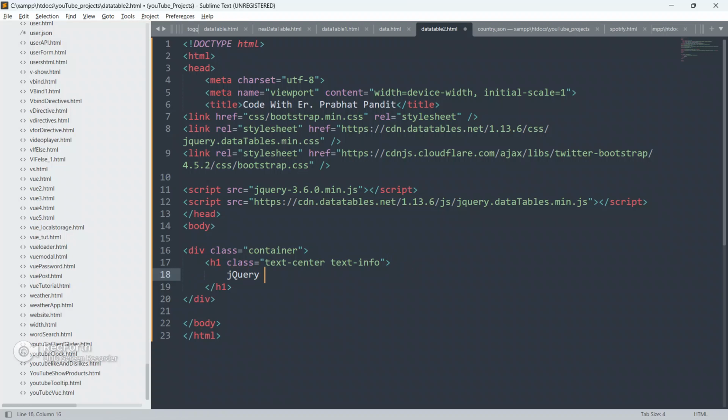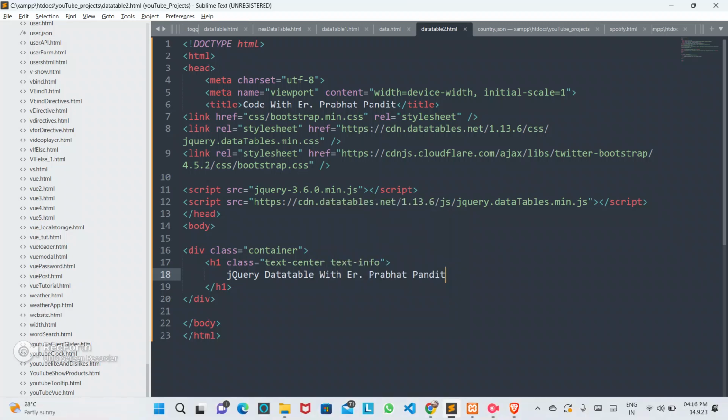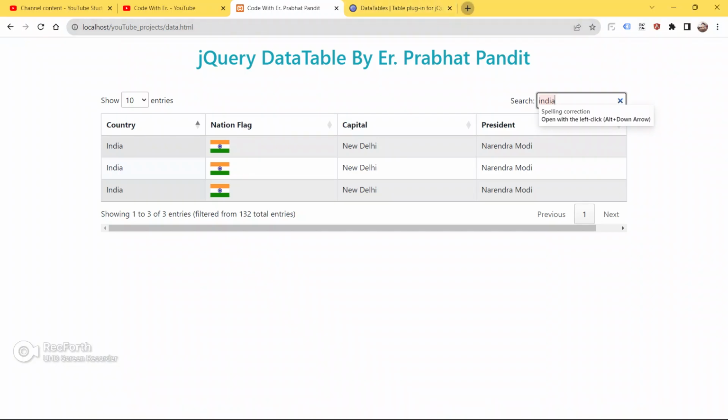Inside this h1 I'm gonna put some text: jQuery data table with ER Prabhat Pandit.